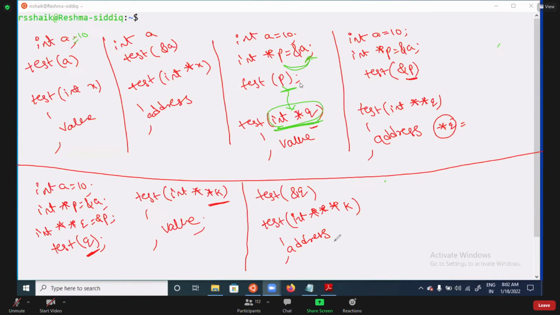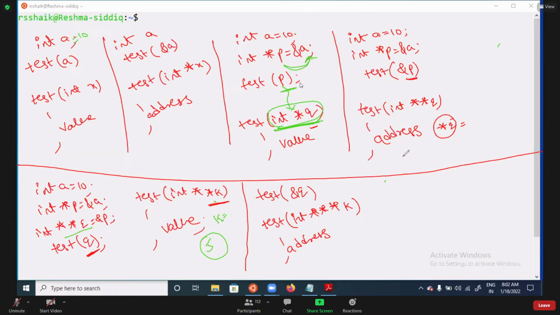Sir, in example 5, if we are modifying the variable k, then how will q not be affected? Now you can see q is a double pointer and k is also a double pointer. I will explain here.